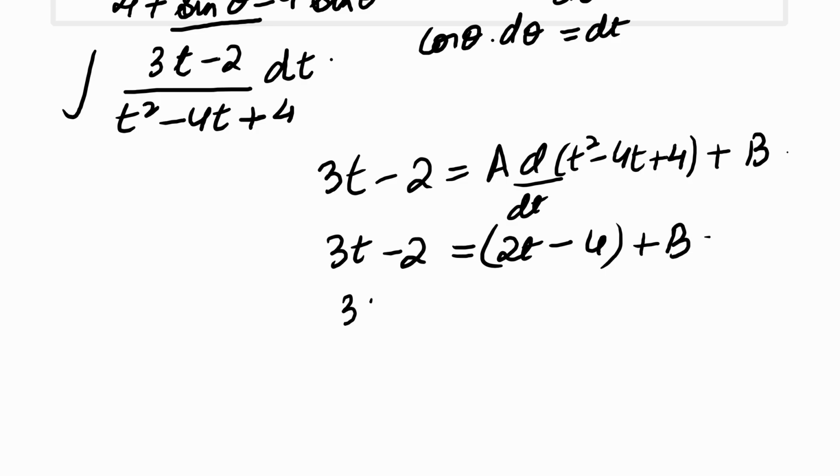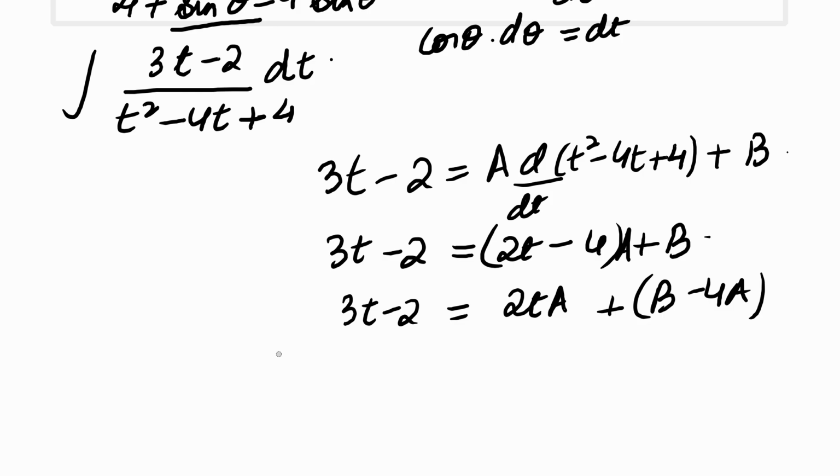Now we will write 3t minus 2 is equal to 2ta plus b minus 4a. Okay. Now on comparing coefficients,